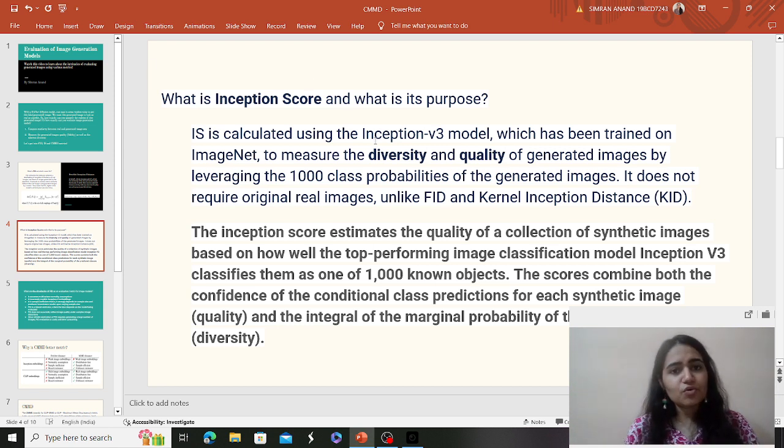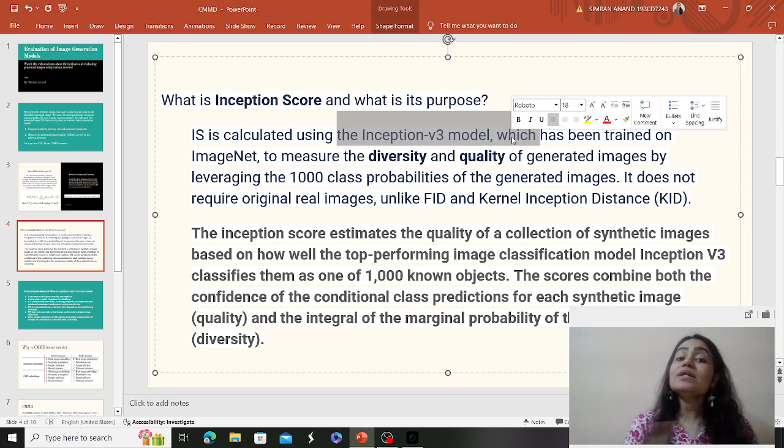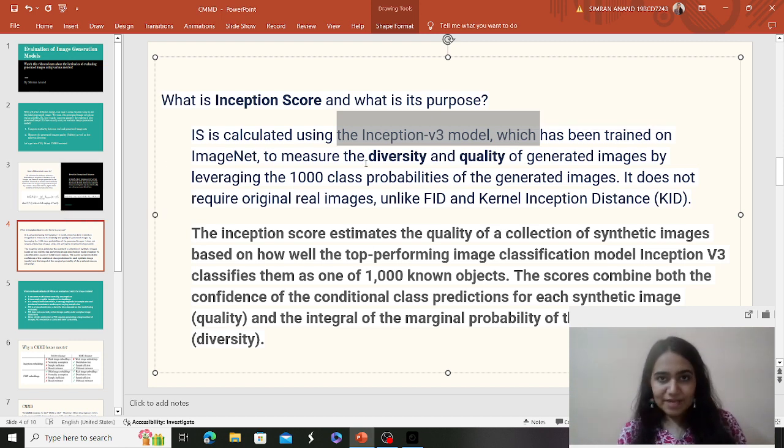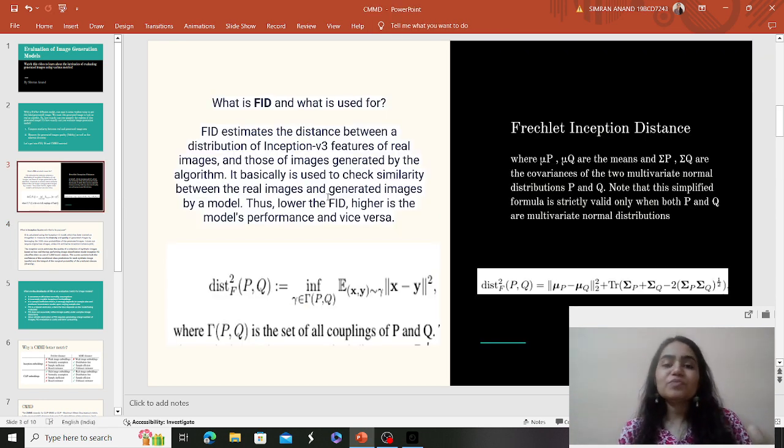Now coming to Inception Score, which is our second metric here. So IS, or Inception Score, is calculated using again the Inception V3 model, both FID and IS. But what is the difference now? FID is the distance between the two image distributions, which is basically going to give us the similarity score, right? But Inception Score is going to evaluate the diversity as well. It's not just the quality which is getting evaluated. In the above, which is FID, it is just the quality of the generated images that we come to know, how qualitative they are, whether they are of high quality or not.